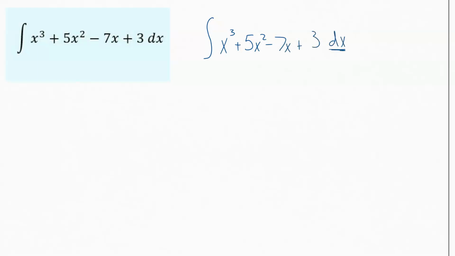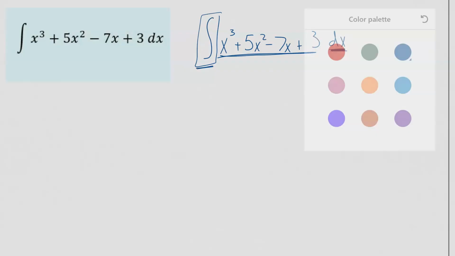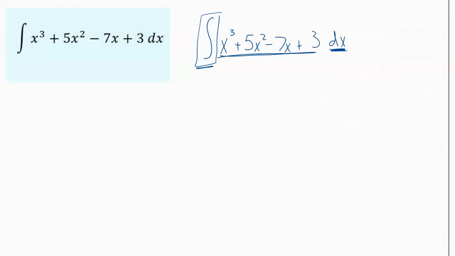dx. The dx and the integral symbol up front, those are just directions. This is saying take the antiderivative of all of this stuff and that this is the letter that I care about. So really these are directions bookending what we're looking for, which is the antiderivative of the piece in the middle. We only have a bunch of stuff being added and subtracted here, and so we're going to apply the